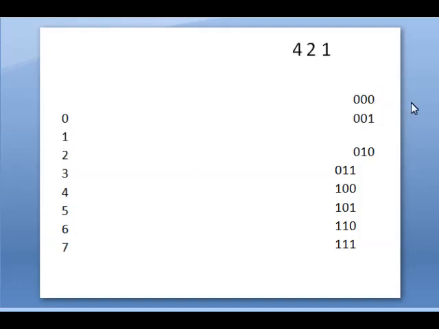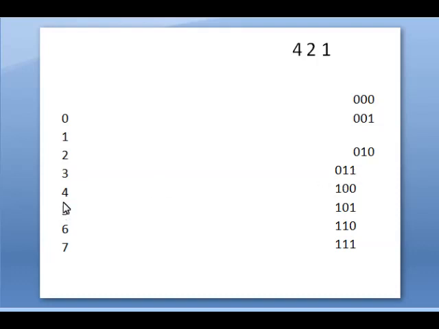0 means all the 3 digits are 0. 1 means where it is 1, there you have to put 1 and all the other 2 digits are 0. 2 means the 2 is here, so in the place of 2 you have to put 1 and all the other 2 digits are 0. For 3, 2 plus 1 is 3. So in the 2's place and 1's place you have to put 1, and in the 4th place you have to put 0.